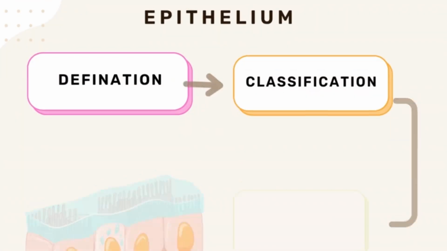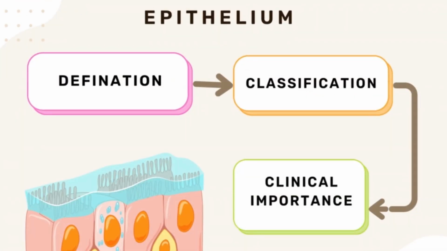Today we'll be talking about a basic topic from the histology section, that is epithelium, and we'll be talking about the definition, the classification and clinical importance. So let's get started. So epithelium is basically an avascular lining of the body, and it lines the internal surface